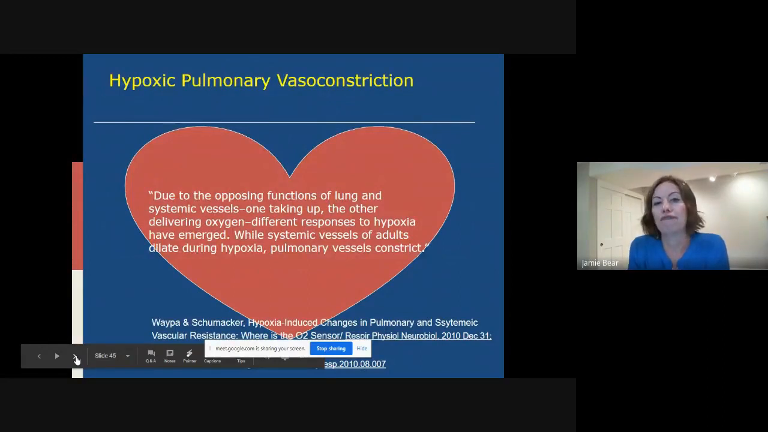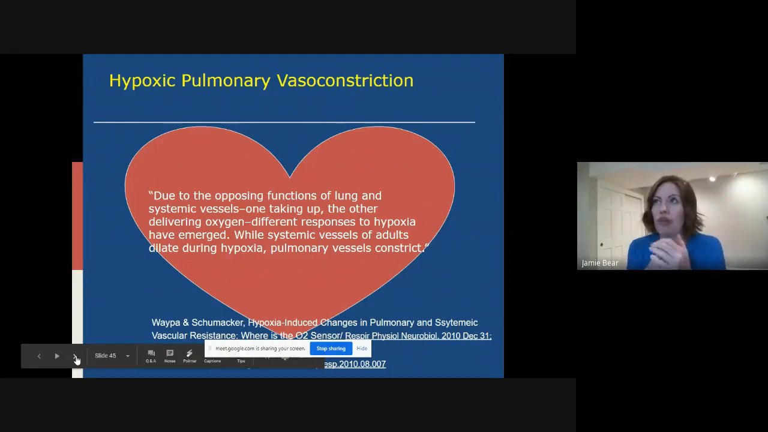And this is interesting because it's opposite to that of the systemic circulation. So due to the opposing functions of lung and systemic vessels, one taking up, the other delivering oxygen, different responses to hypoxia have emerged. So while the systemic vessels of adults dilate during hypoxia, in the pulmonary system, once again, they constrict, and that's just so they can go to areas of the lungs that actually there is oxygen available. So take, for example, if you had an area with pneumonia and that area wasn't exchanging gas, all the vessels in that area would really